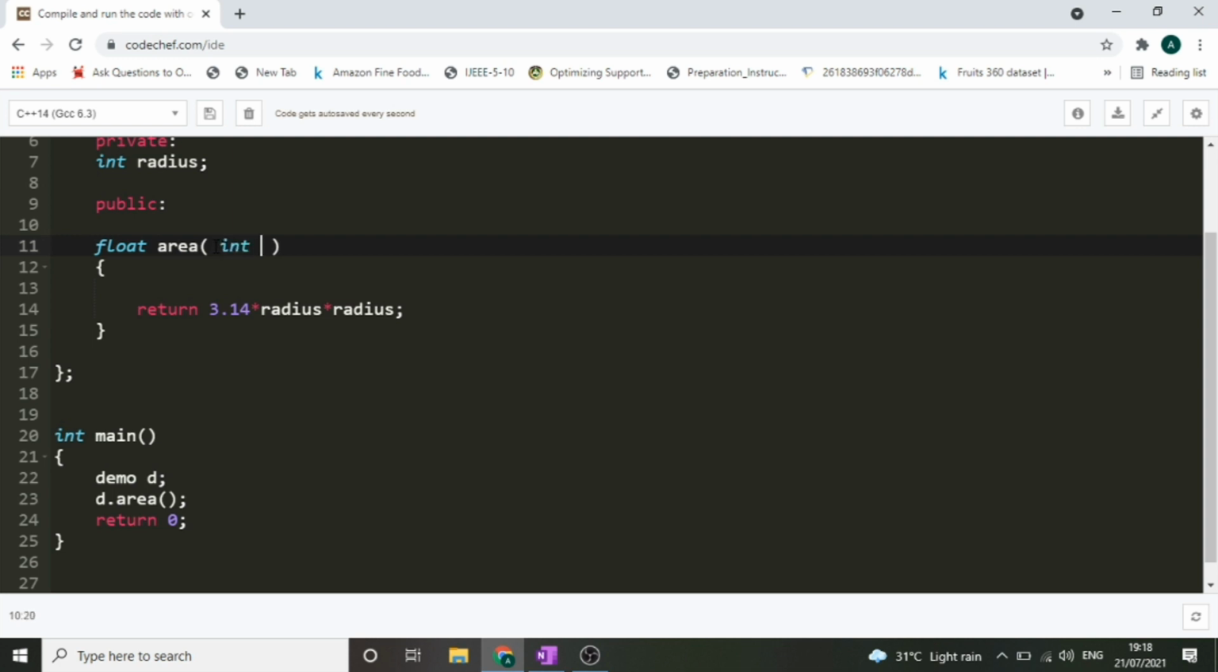In that we'll pass, let's suppose, int r. Now we know that inside the member functions we can directly access these private variables. So we will simply do radius is equivalent to the value that we have passed in the argument. Now this radius is equal to r. Now we can simply return radius